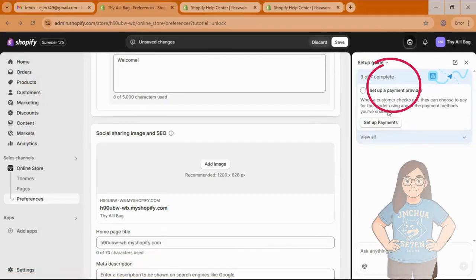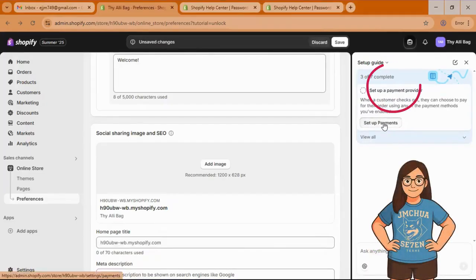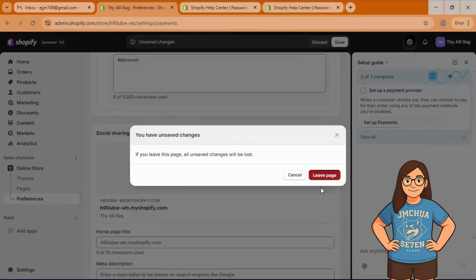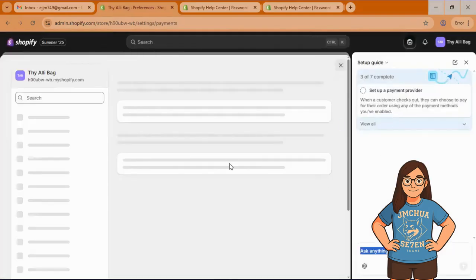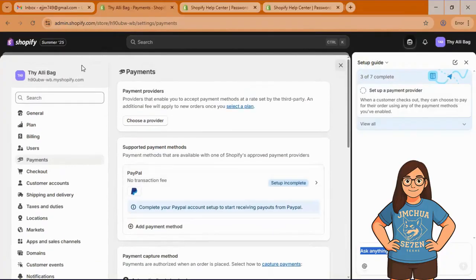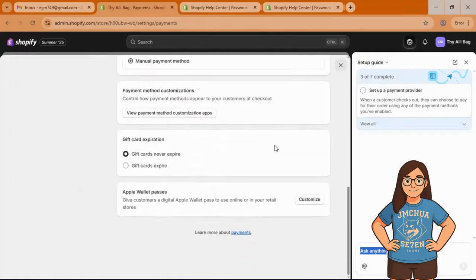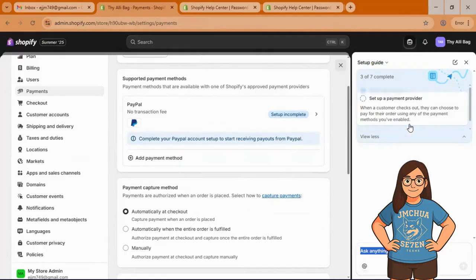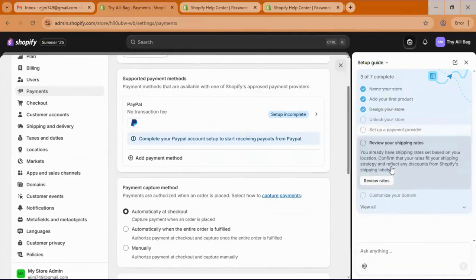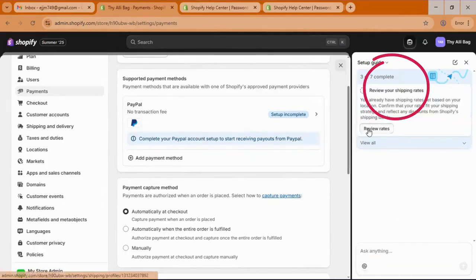So the next one would be set up a payment provider. Let's leave this page. So this is where you choose the payment method that your customers can use when purchasing on your store. Okay, this is where you set it up. And the next step would be review your shipping rates.